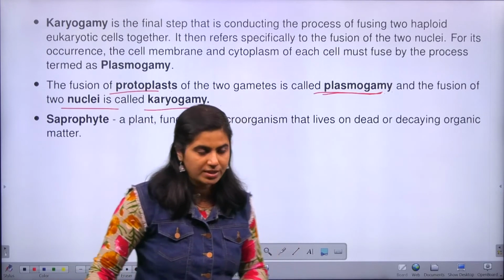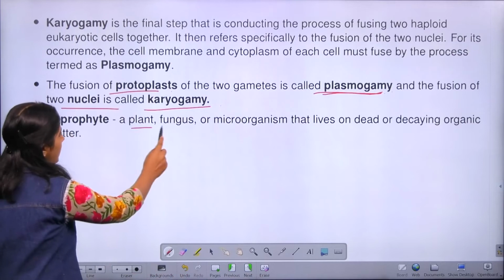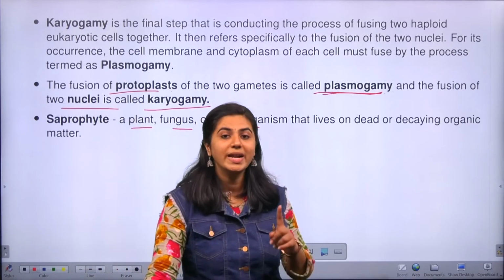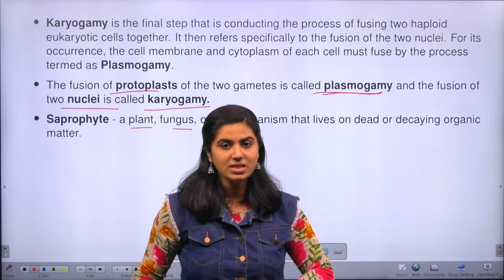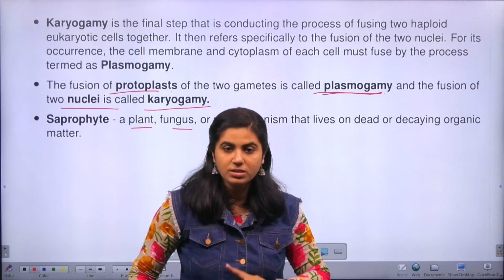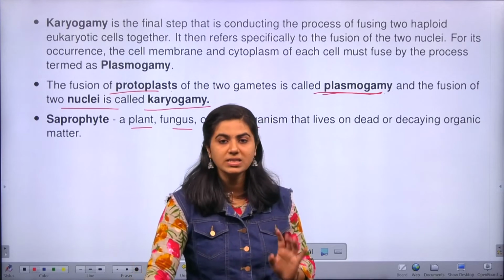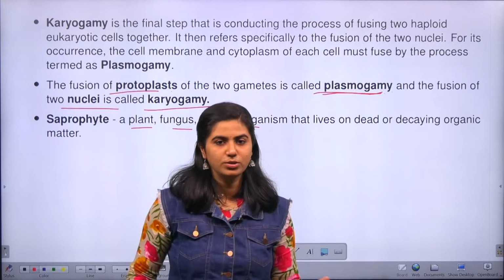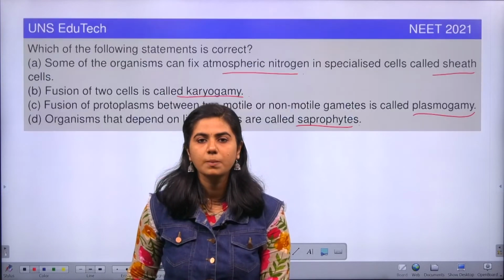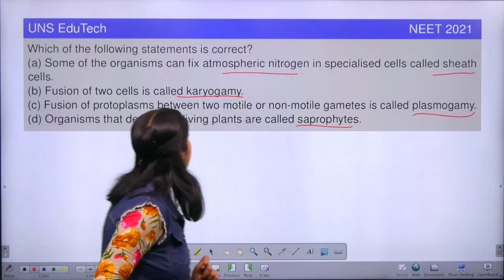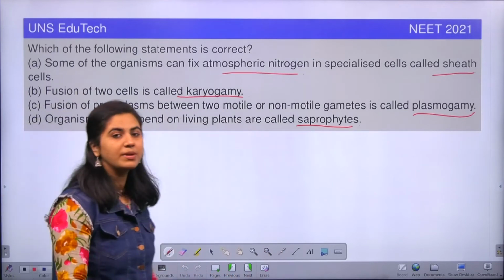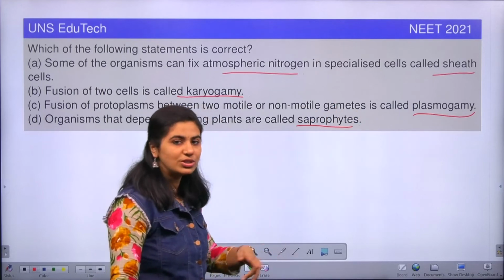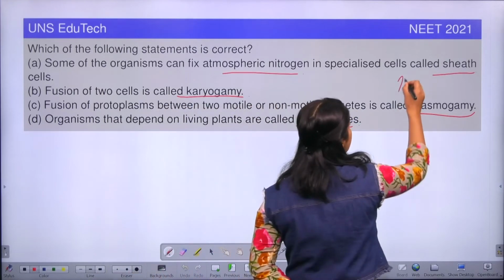So what are saprophytes? Saprophytes may be plants, fungi or microorganisms that live on dead and decaying matter. So let's go back to the options. Here the first option is, some of the organisms can fix atmospheric nitrogen in a specialized cell called, it's not sheath cell, right? It should be heterocyst,